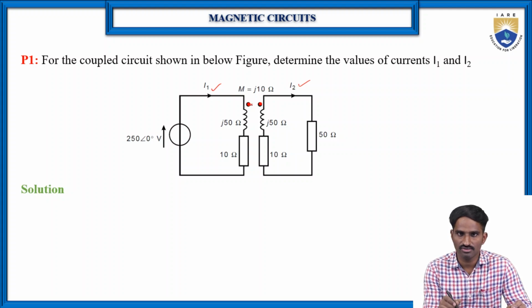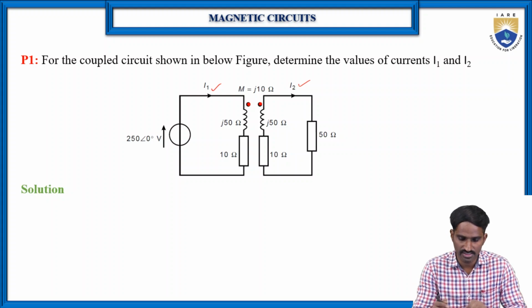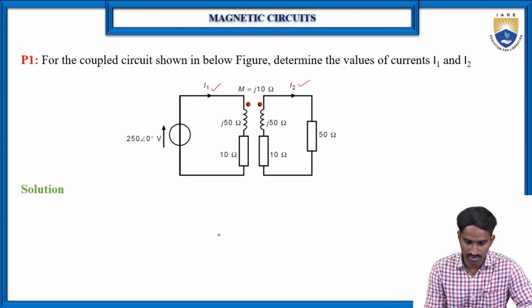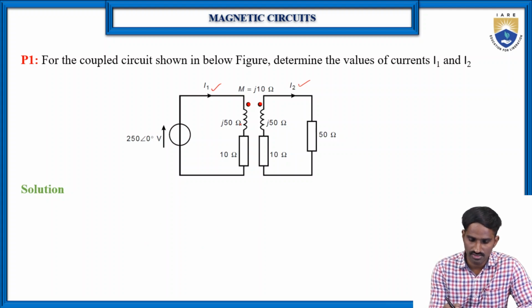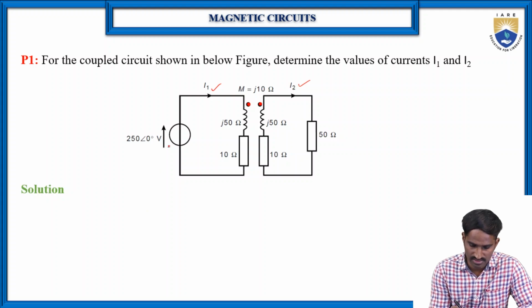Based on this concept, we are now going to write the equations for the primary circuit and the secondary circuit, and by solving those two equations we can find I1 and I2. The major key point is to apply this dot convention principle to a given circuit. So first, let me consider the primary circuit. Apply the KVL to the primary circuit, and let us consider here